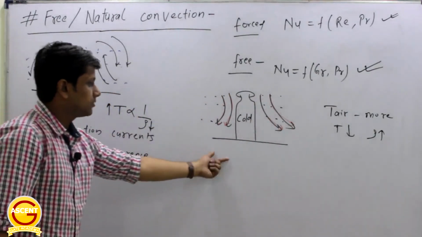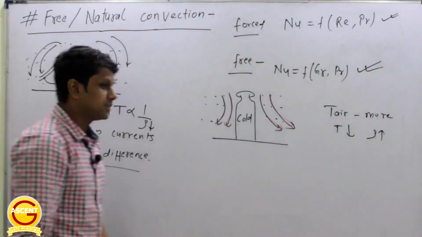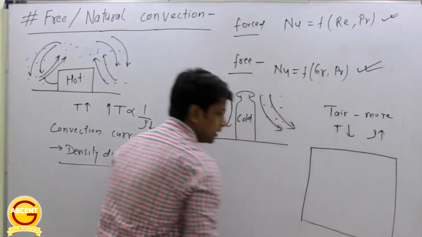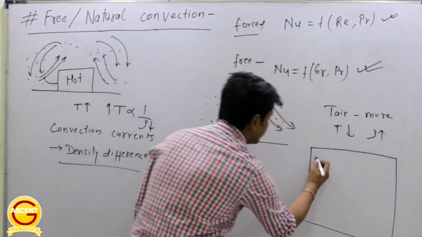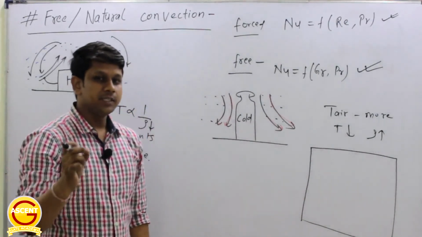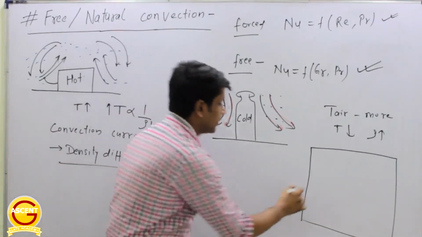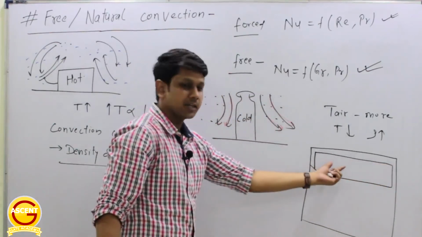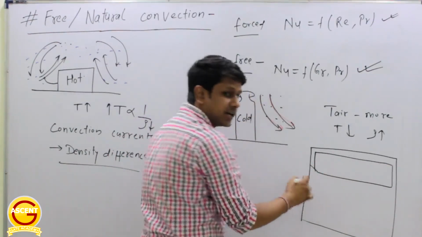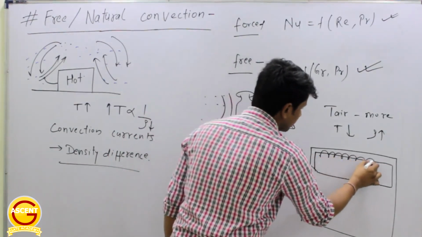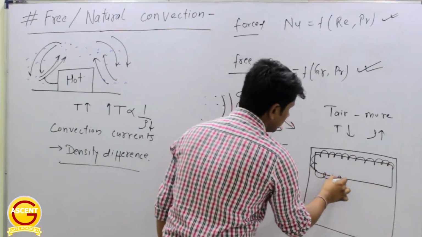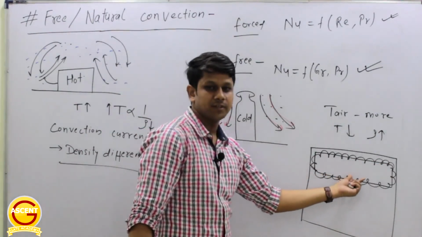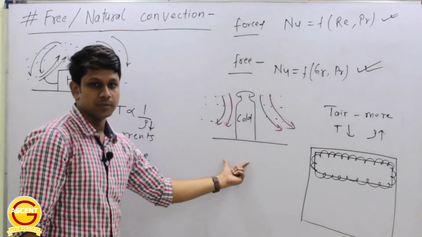Now we can take an example of this case. See, whenever you look at the refrigerator, let's say this is our refrigerator. Inside there is a freezing compartment, right? And if you closely see, the freezing compartment is always at the top side of the refrigerator. This is for your ice, right? This is the freezing compartment, and it has all the evaporator coils. So why is this freezing compartment placed on the top of the refrigerator? Due to this phenomenon, right?